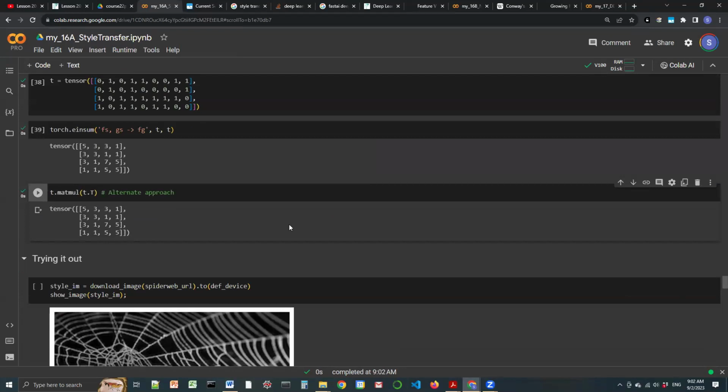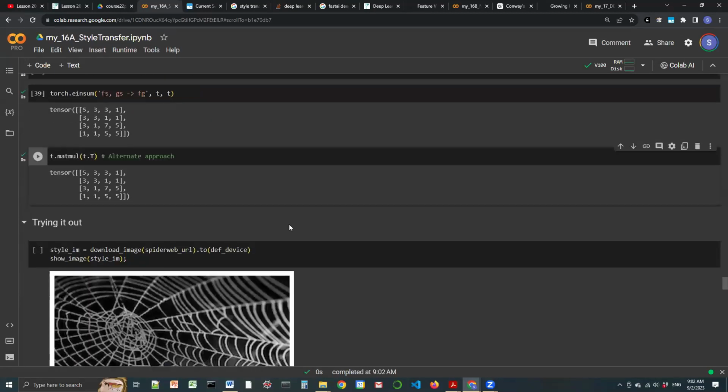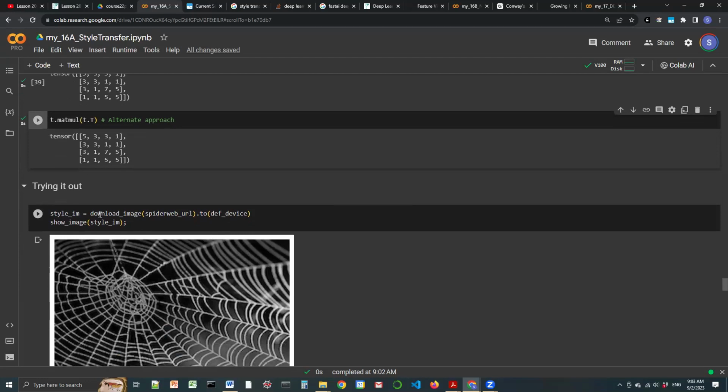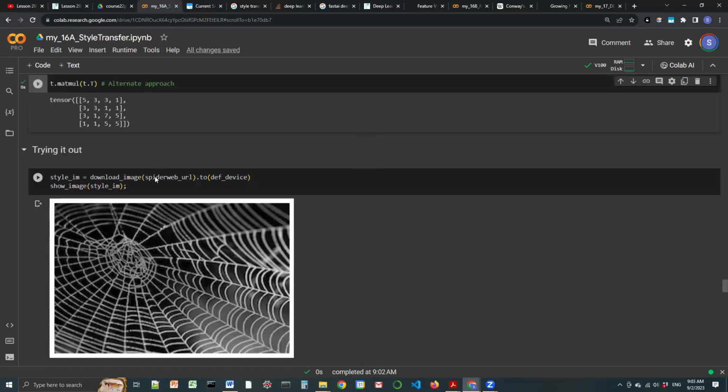So now let's take a style image. We are now on to the final journey of transferring the style from one image to the other. We're going to apply the cobweb style image. So we want to take the style concept of the cobweb and apply it to the lady with the glasses that we saw earlier. So we take the style image, download it,